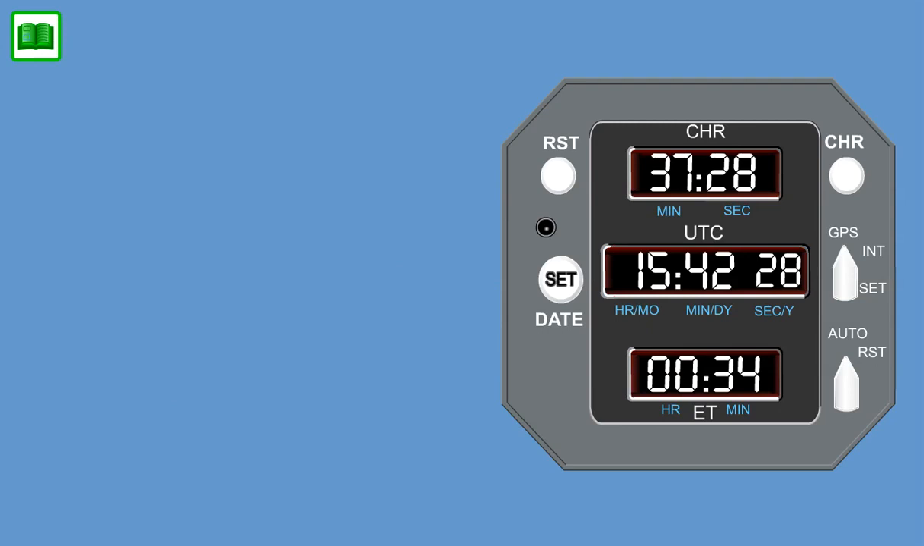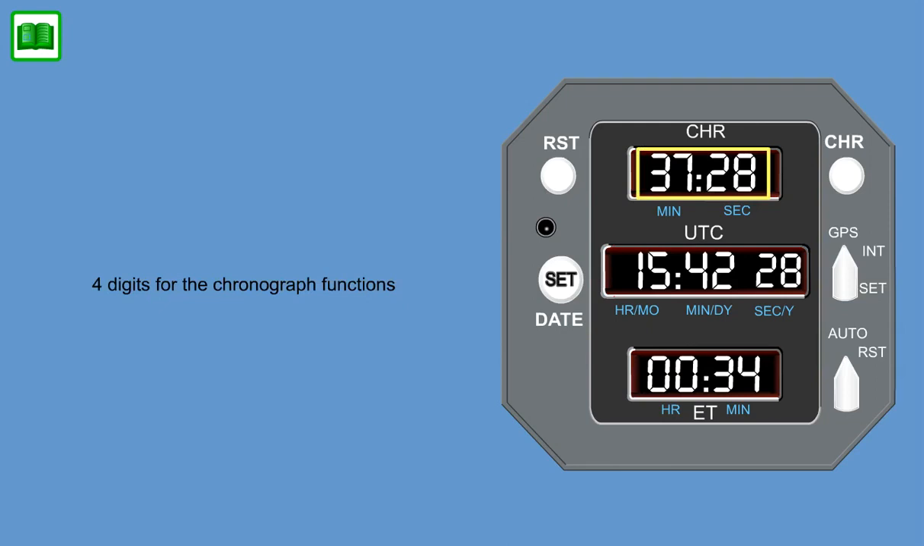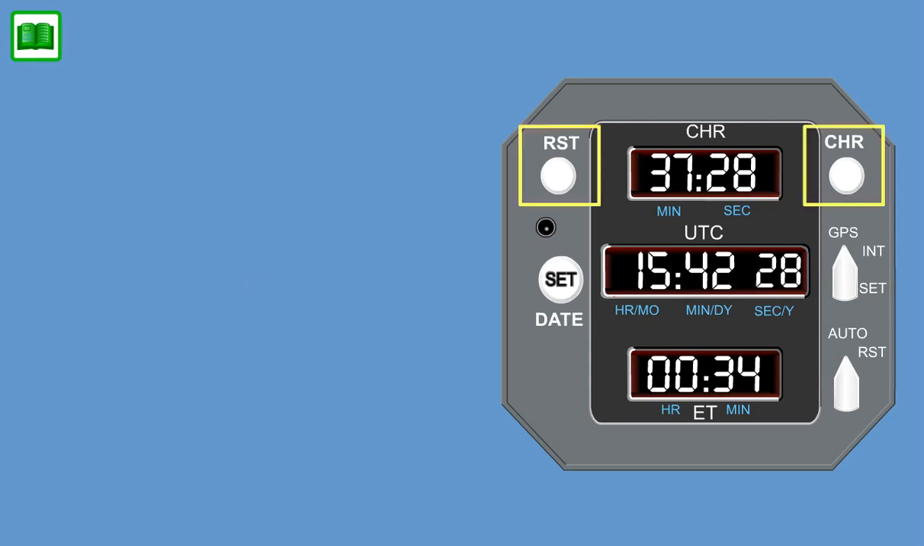The front panel consists of high-contrast transflective LCDs with blue-white segments on black background and control buttons. There are 4 digits for the chronograph functions, 6 digits for Universal Time Coordination, and 4 digits for elapsed time. The LCDs are backlighted and automatically dimmed using a photocell. 2 push buttons control the chronometer,